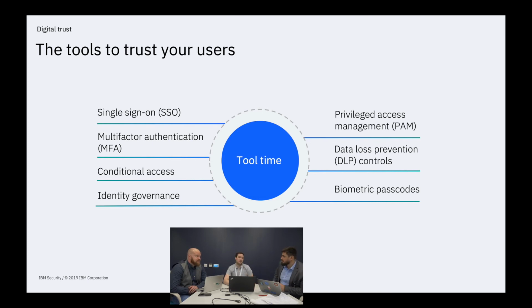And preventing this could... Yeah, there you go. Data loss prevention. That's the next one. How do you put those controls in place? And then biometric passcodes. I think everyone nowadays would have, for the most part, or maybe I'm just being a millennial, biometrics, or at least they have the option to do that. So I think it's important. If you're used to doing something, let's say the passcode is easier for you in the sense that it comes naturally. But then these things have to be educated as well.